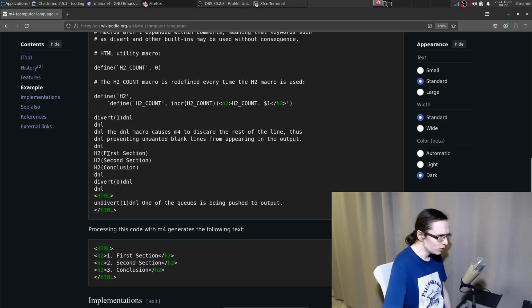And I remember there is a thing called DNL. The DNL macro causes M4 to discard the rest of the line, thus preventing unwanted blank lines from appearing in the output. It's a classical case of software doing some stupid default, and you have to explicitly disable it.